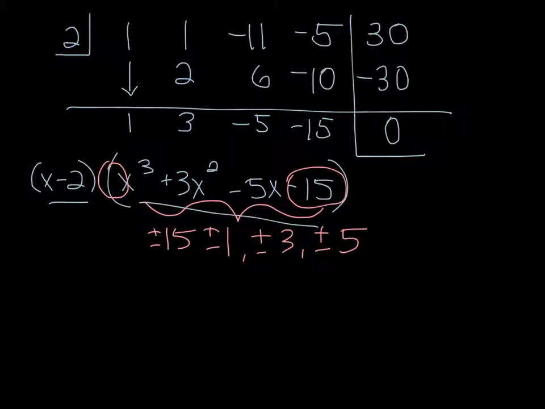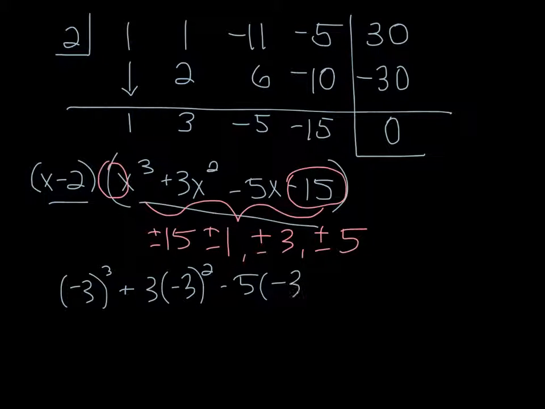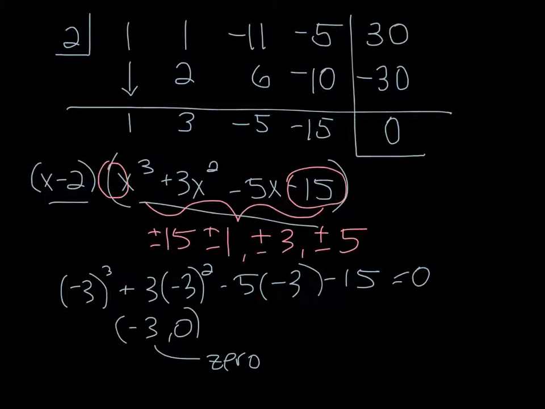Now again, start with some of the smaller numbers. It will just make it easier. So let's say we're looking at the negative 3. Negative 3 to the third plus 3 times negative 3 squared minus 5 times negative 3 minus 15. And please make sure you have these in parentheses when you type them into your calculator, otherwise you'll get a different answer. This equals 0, which means that (negative 3, 0) is a point on that graph, and more specifically it's a 0 or a root, which means that negative 3 is a root, so x plus 3 must be a